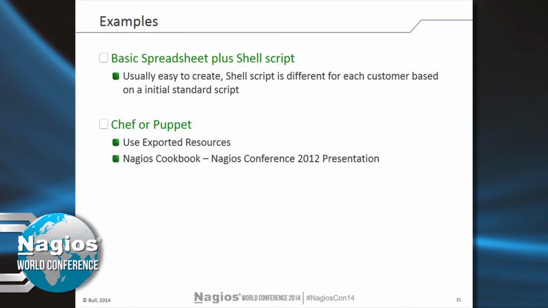Ways of doing it? Do it yourself is the first one that comes to mind, which is the basic spreadsheet. So someone has had a look around a business, and they worked out that these are their systems, these are the important services. We can usually take that as a basis of generating the service catalog. You end up with a pretty ugly script, and quite honestly, you end up with a very ugly spreadsheet, but it works. The nice thing about doing this, by the way, is we'll get onto using Chef or Puppet, which is the same approach, except you define things more clumsily, I believe,